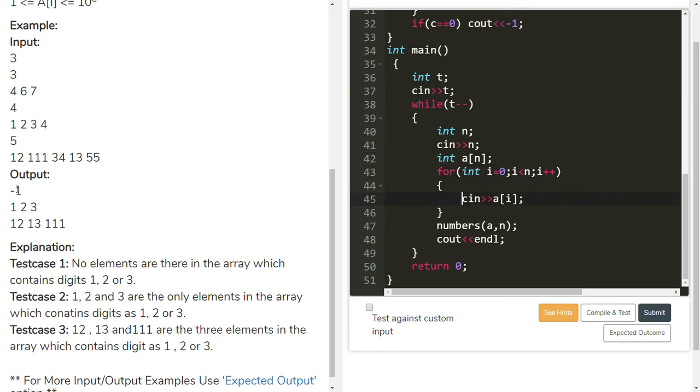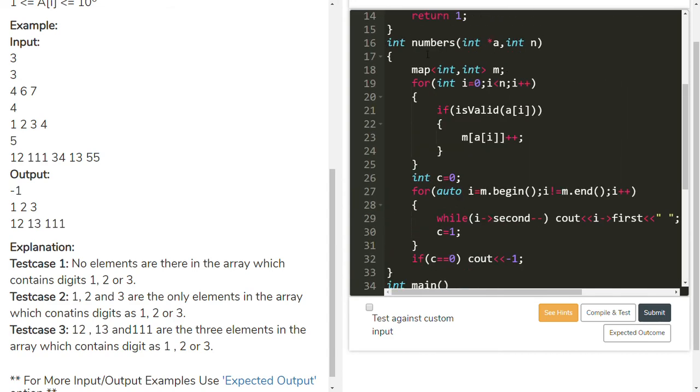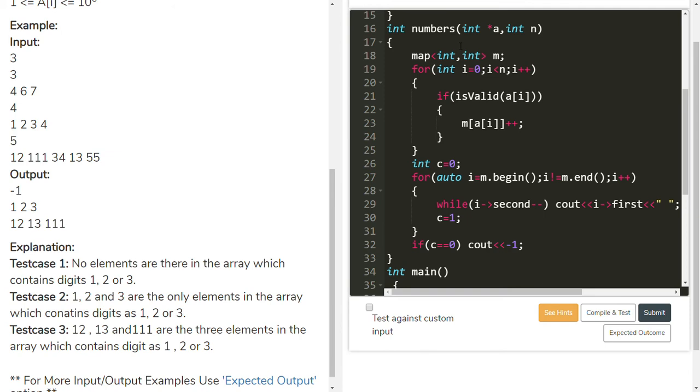To get this output, I am using a function numbers, passing two parameters. One is the array address, another one is the number of elements. The function is here, numbers. In it, I am using a map to store the valid numbers, nothing but those which have the digits 1, 2, 3.